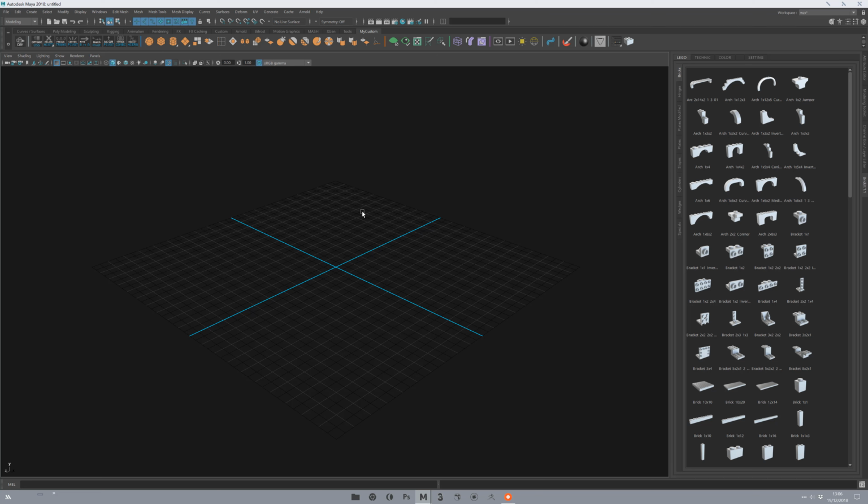Which means that if I save my workspace or close Maya, when I reopen it, this Brickit window will not be here. Each time you restart Maya, you need to relaunch Brickit and just dock it again, and it's done. So it's not really a problem, but be aware of that. It's normal.